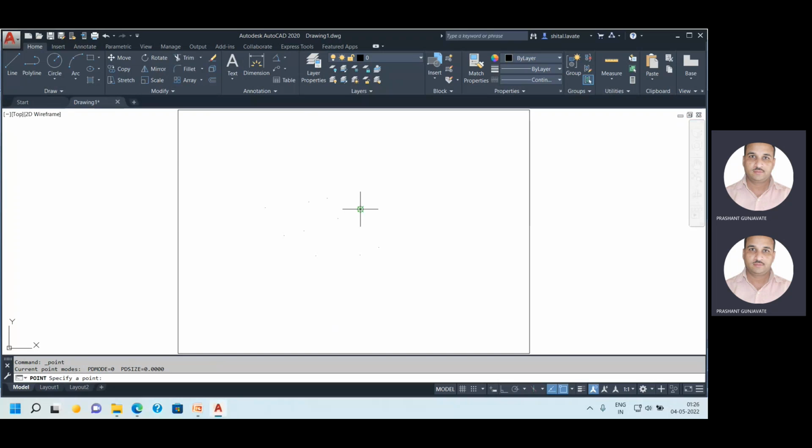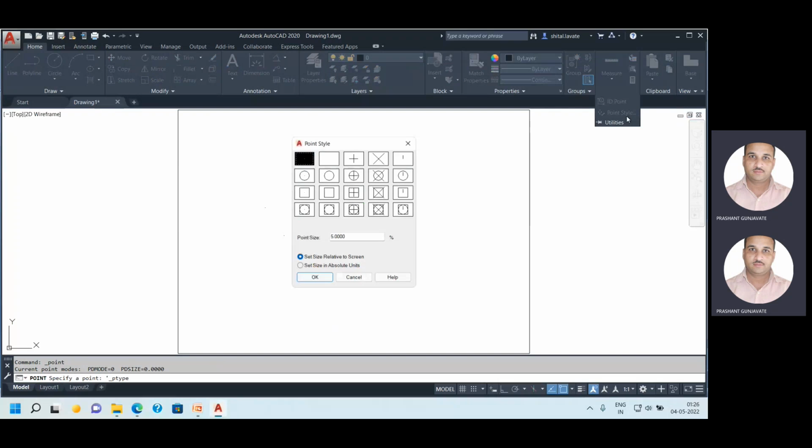Okay, so we have to do some setting of the point. So how do you do the setting? Click on Utilities, click on Point Style, then click on this cross arrow. So you can see that if this is a 0 value, then this is 1, 2, and 3. At value number 3, we have the cross point. At value number 2, we have the plus point. At value number 1, we have the blank. There is no point. So if I click on this, and if I set the size in absolute units of point size 4,